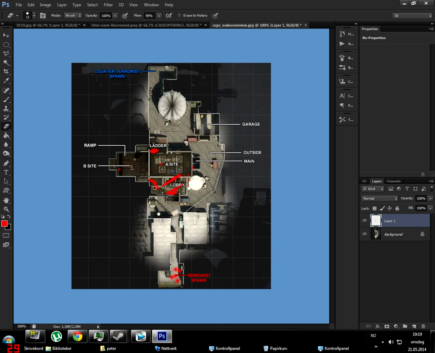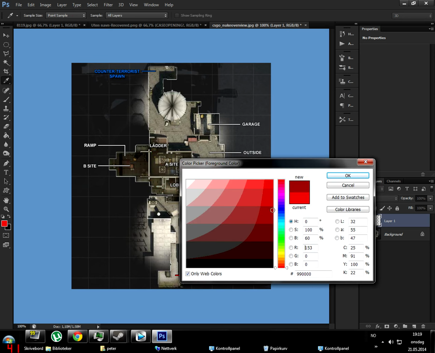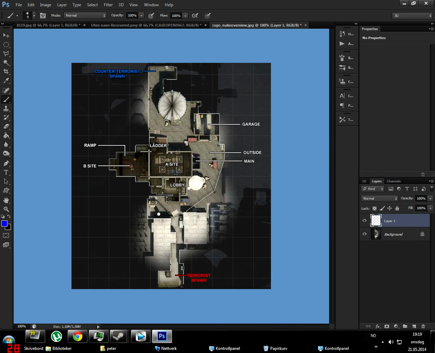Yeah, well, anyways, that I think is all for T-site because it's extremely hard to play on this map. As for CT though, it's the easiest thing ever. If you can't do it, then you should probably uninstall the game. No, I'm just joking, but